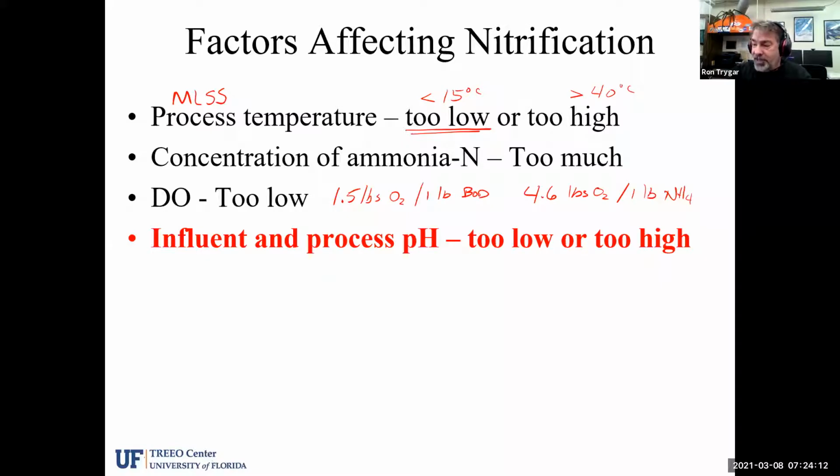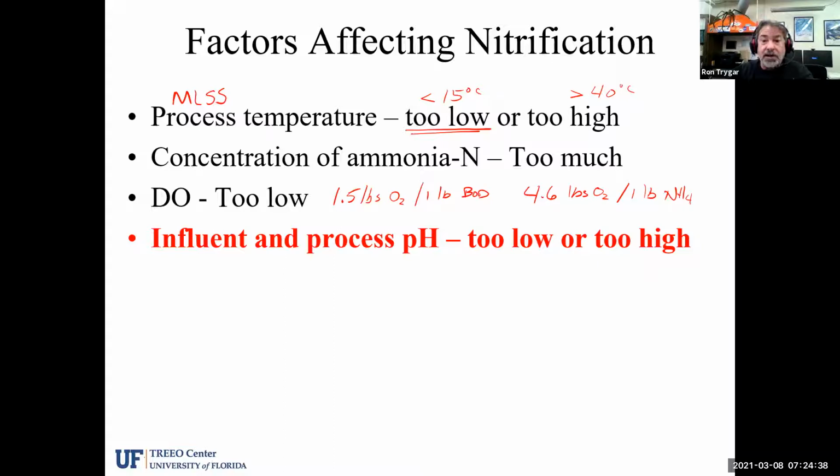So here we see in red, this is an important component. Obviously, all this is important, but here's something that we want to pay specific attention to. The process pH, the influent pH as well, but the process pH is important. Bacteria, especially these nitrifying bacteria, tend to be very sensitive, and the sensitivity causes us to see the process fail